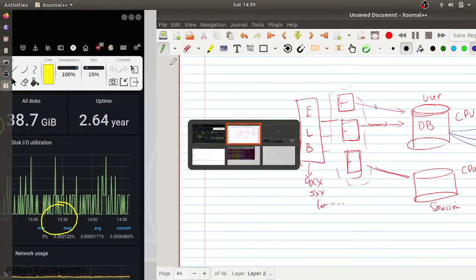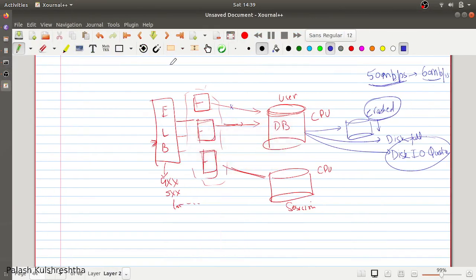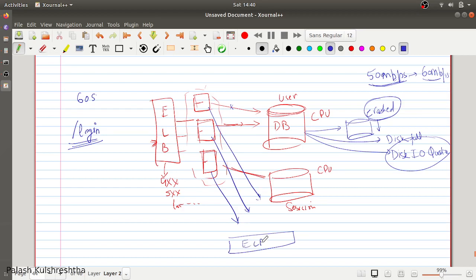So this way you can monitor the health of your DB. What else can you check? You can find all the components that are involved in the /login API flow. You have to find out all the touching points of that login API flow. Let's say this latency is 60 seconds, and let's assume that in the login flow we are calling a third-party API or another team's API. This is that team's ELB, and we are calling their API, and maybe their API is giving higher latency.